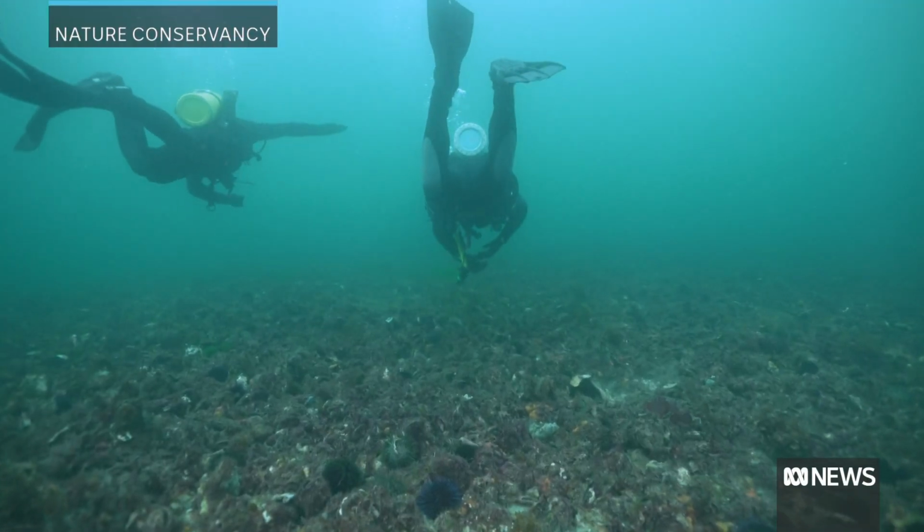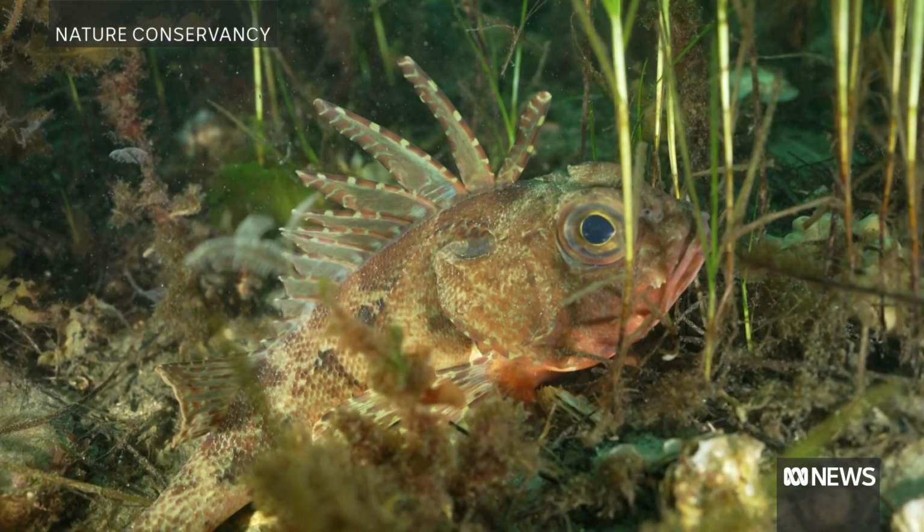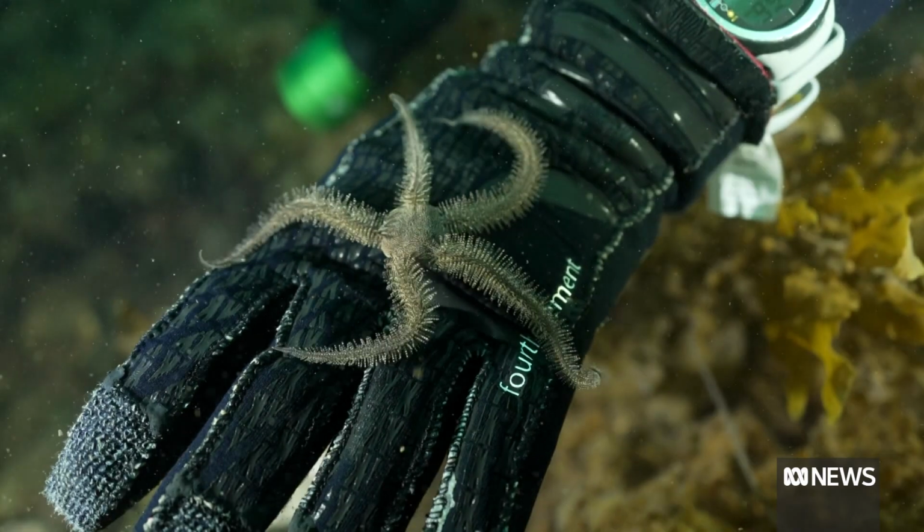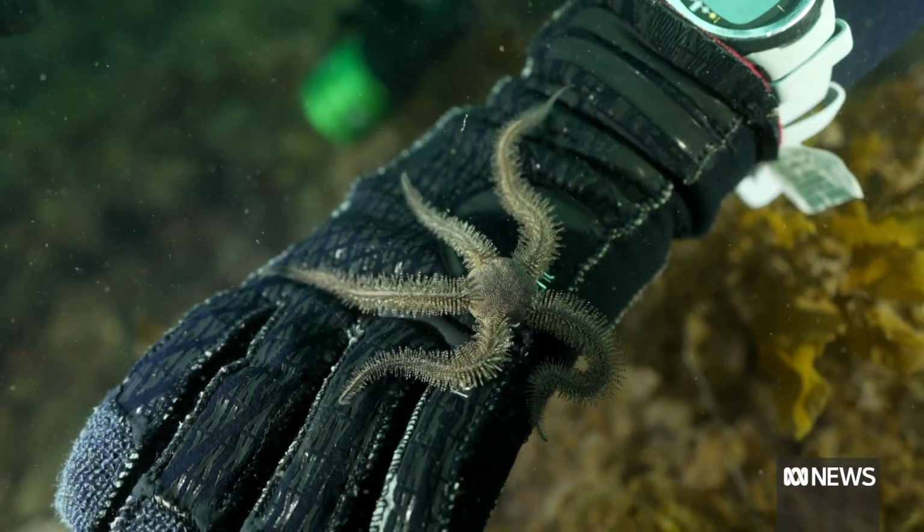Early records revealed these reefs were fished heavily by European settlers in the 1800s. The colonists immediately recognised these native Angasi oysters because they're very similar to the European flat oyster. And so they started fishing for them in the late 1800s. They were using them for food, and they were also using them for construction, making lime out of the